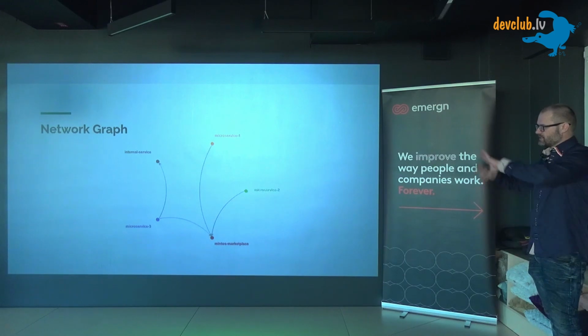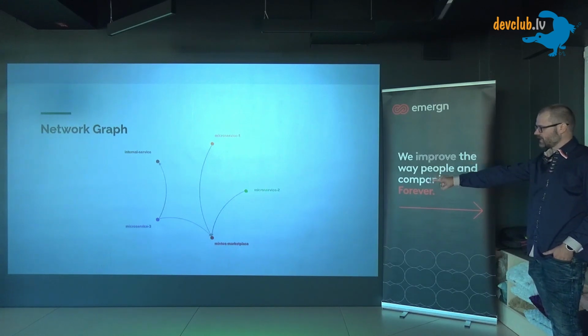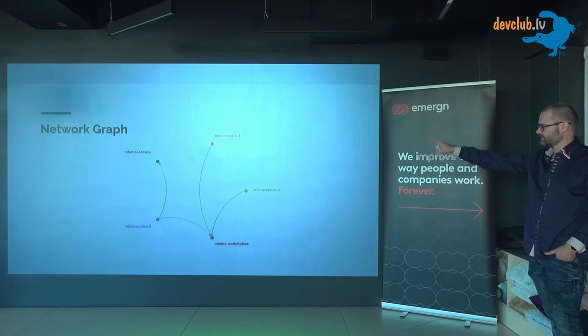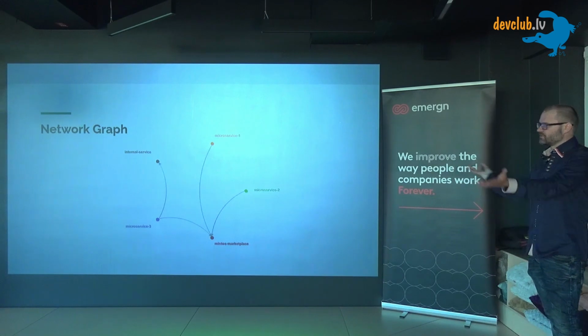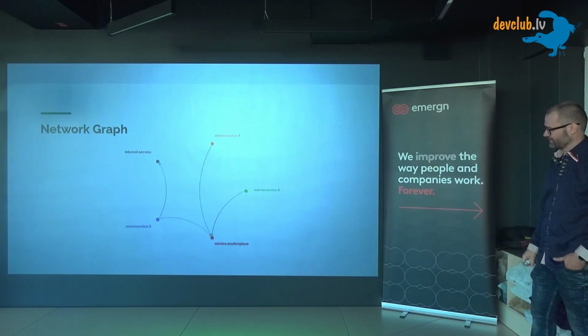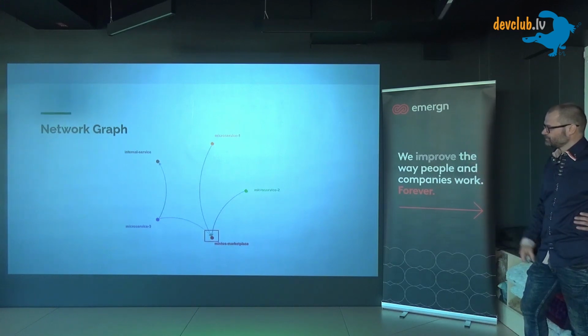And you also can get these network graphs. For this example, it's smaller, it can get bigger. So you can see our Mintos Marketplace integrates with those services, and there is an internal service that integrates with microservice number 3. So it's not directly integrating with Mintos Marketplace. That's all you can get from Pact Broker. I would want something more from this, but that's what they provide. So yeah, this is Mintos Marketplace. Those are the microservices it integrates with.